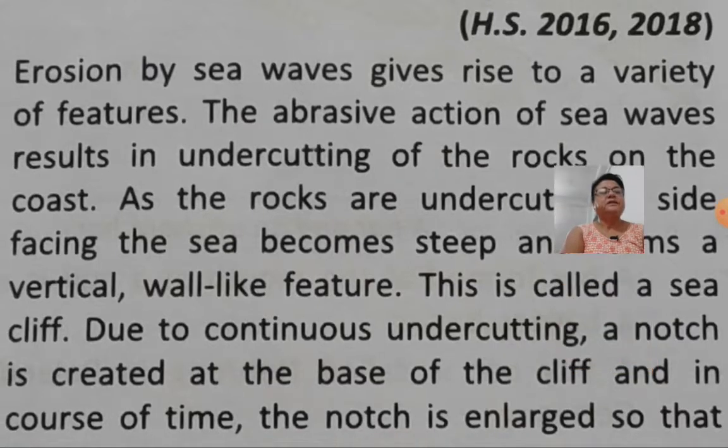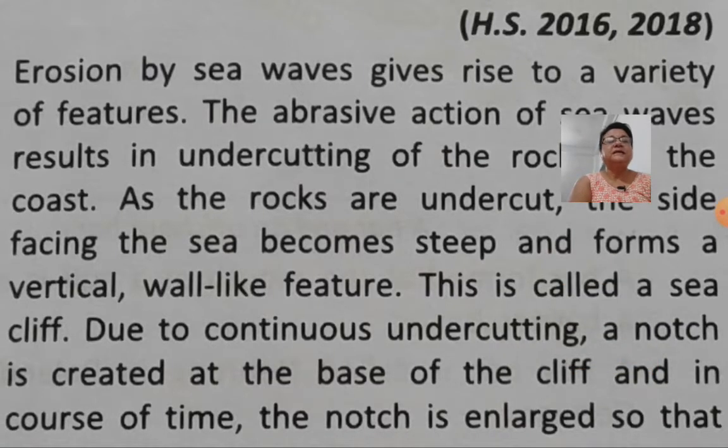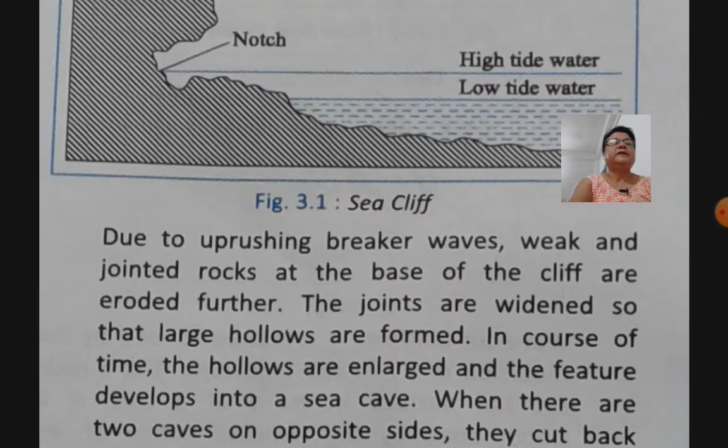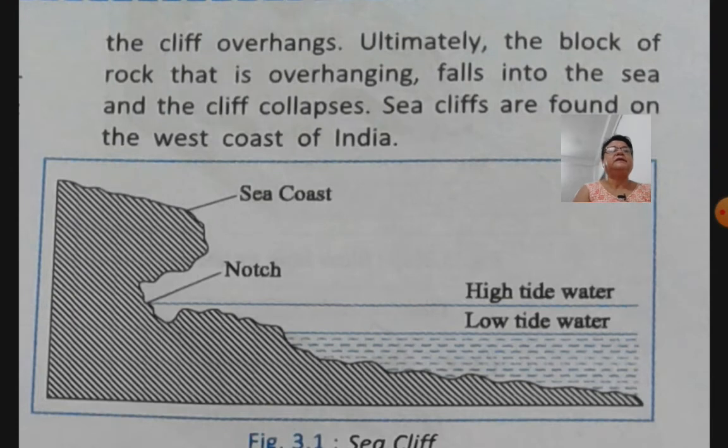Okay, this is called cliff. Due to continuous undercutting, a notch is created at the base of the cliff, and in course of time the notch is enlarged so that what happened? It is enlarged and the cliff